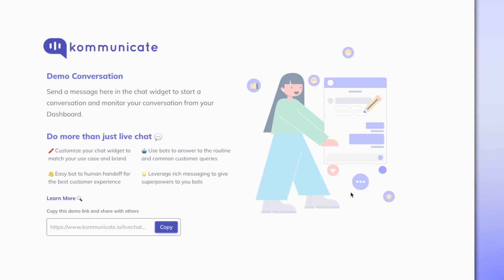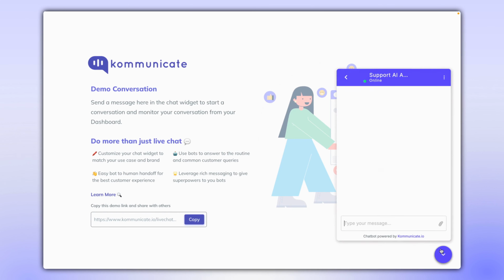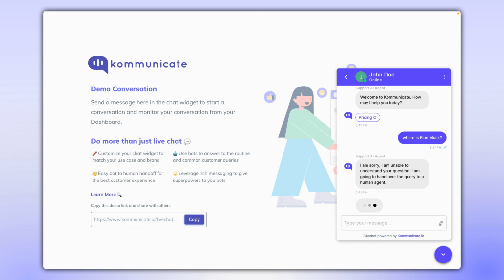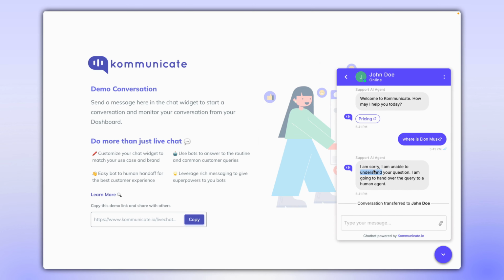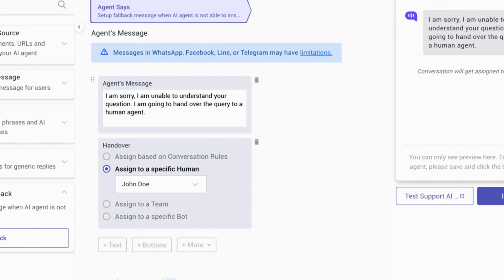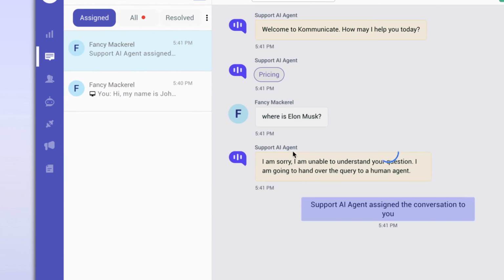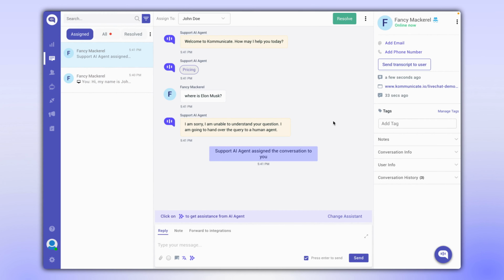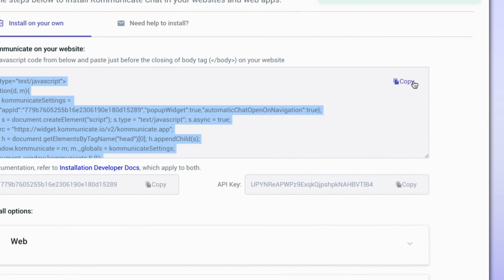Now, let's test it. Default fallbacks are especially useful when the question is completely off topic. For example, if someone asks, "Where is Elon Musk?" As we know, we haven't trained the agent on Elon Musk, so let's see how it responds. It says, "I'm sorry, I'm unable to understand your question. I'm going to hand over the query to a human agent." This feature is very useful during conversations that are completely off topic or outside the scope of the AI's training. This is where you would use this